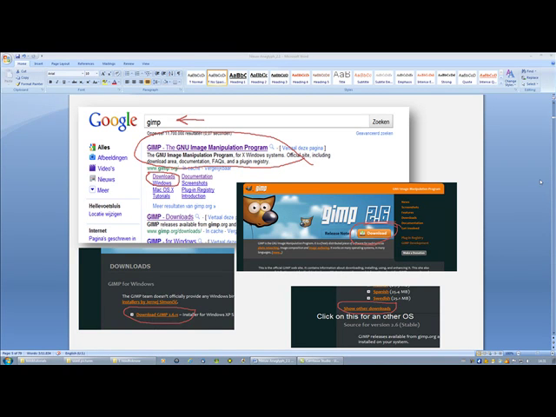Next thing we do real quick is download and install GIMP 2.6. The GIMP is a Photoshop clone, not a clown, a clone. It's made by several people. They all made little projects and they put it together in a graphical shell, and they call it the GNU Image Manipulation Program, or GIMP.